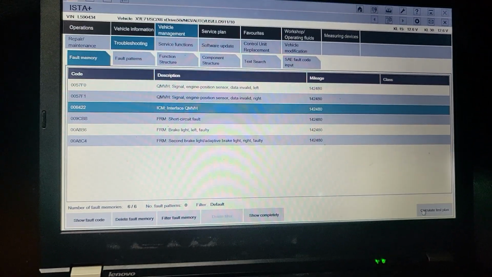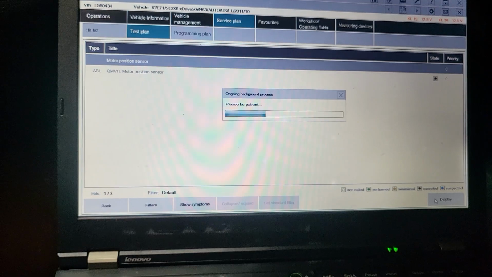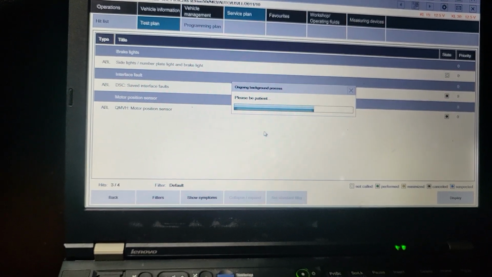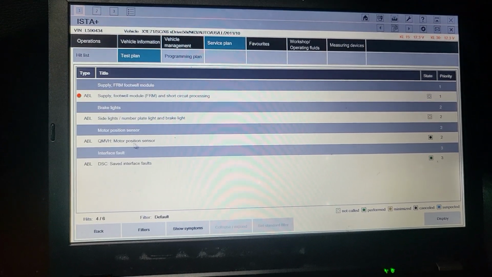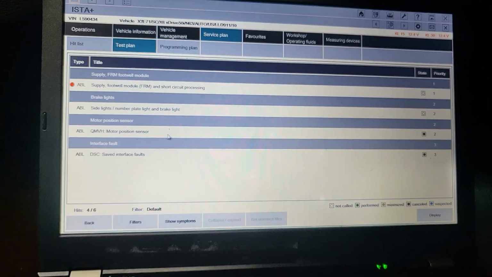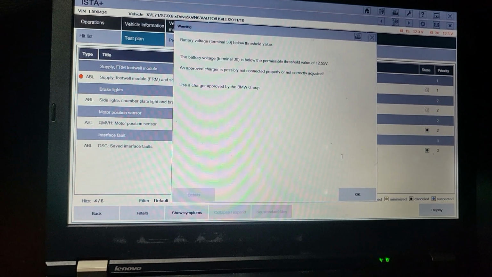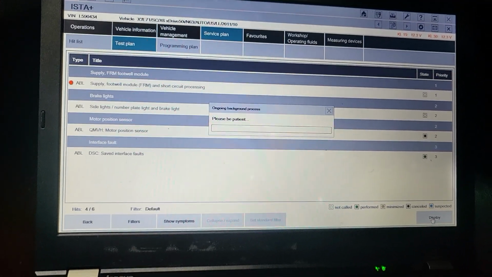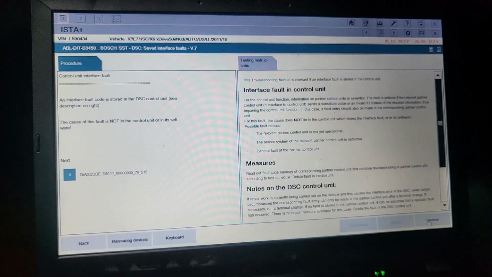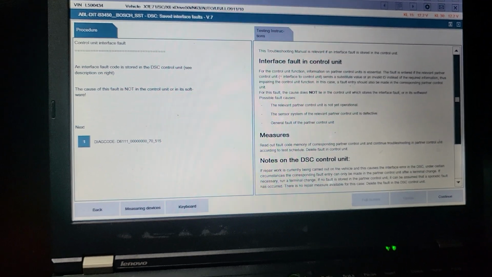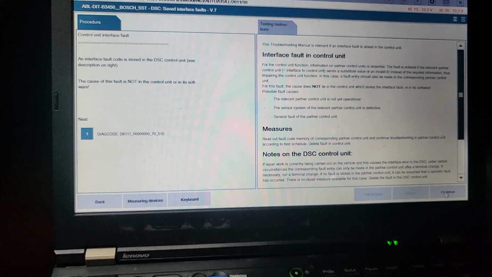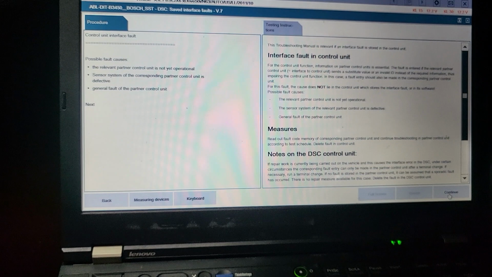Ignition on, right? Calculate test plan. Okay. This is 2 QMVH motor, right? Okay. It's number 2, the second one. I'm gonna go for it. This is interface. Let me continue. No, this is